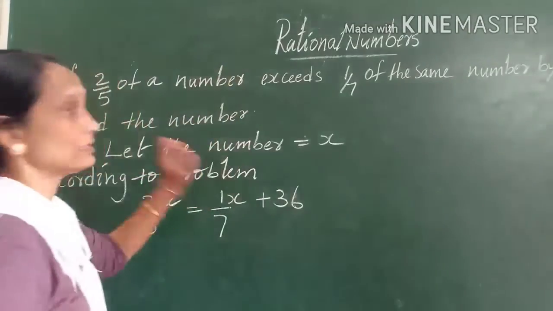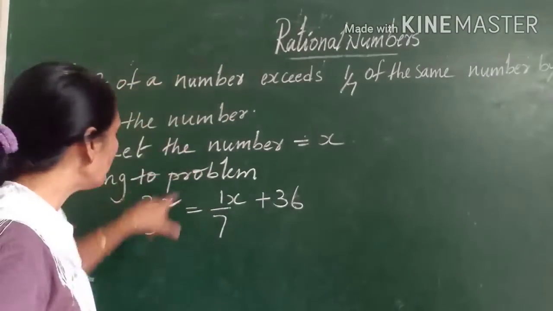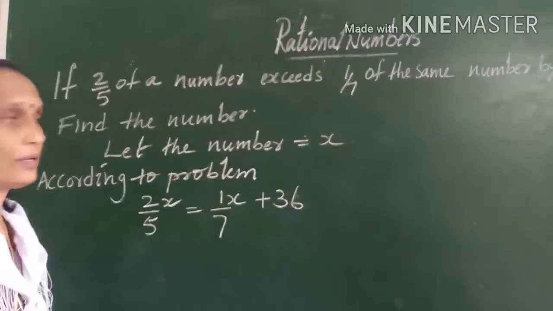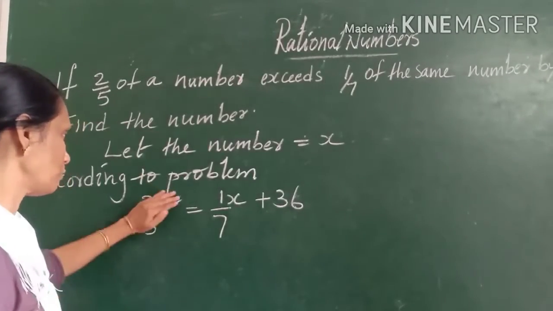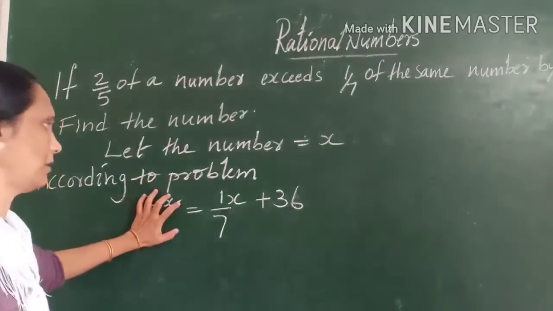By formula we can express it in this way: 2 by 5x, or 2x by 5, is a bigger number